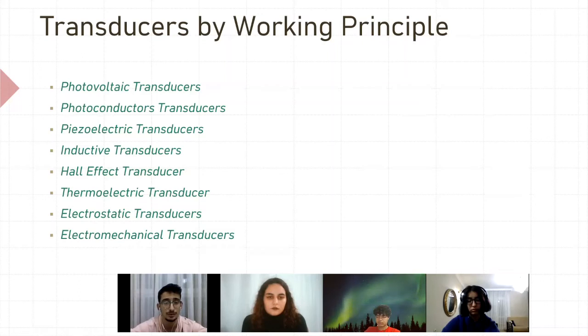Piezoelectric transducers convert physical force, such as pressure, into electrical energy. Piezoelectric transducers are used to measure the change in pressure, acceleration, and force. Microphones that detect the pressure exerted by sound energy and transduce this physical force into an electrical signal are examples